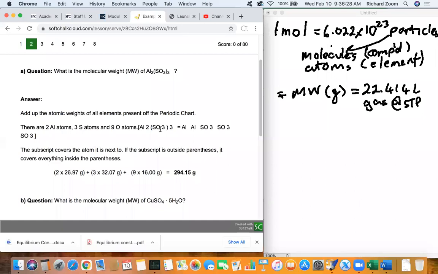The significant figures are going to be determined by the periodic chart that you're using, and it's always going to go by the number of places past the decimal because it's an addition problem. So usually if you're told to find the molecular weight of something,